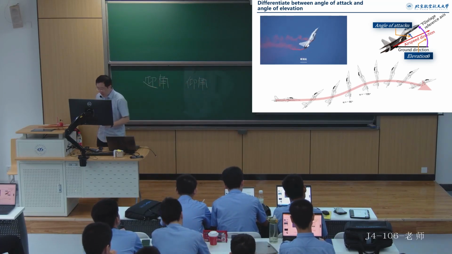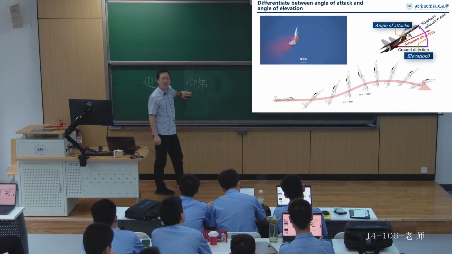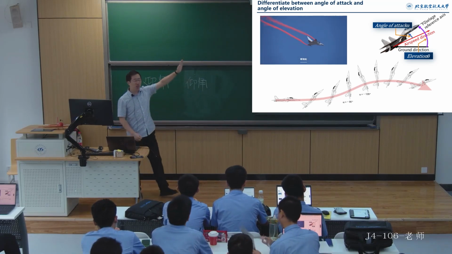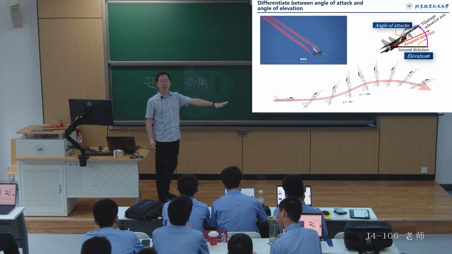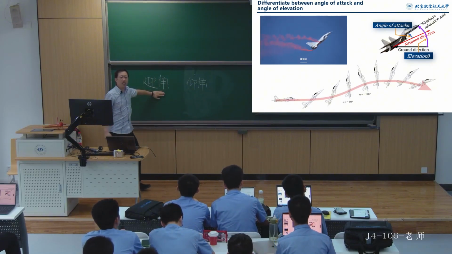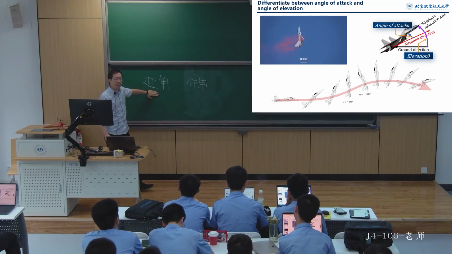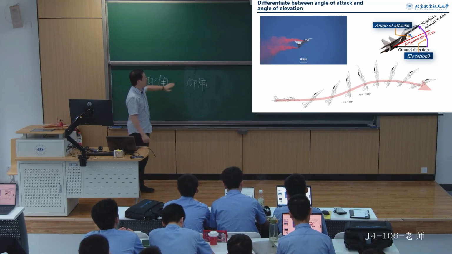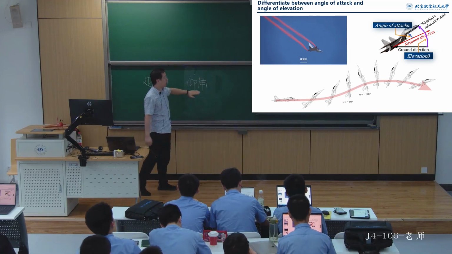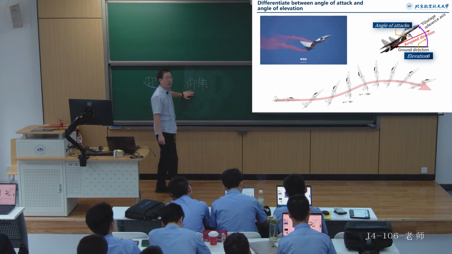If you remember the first lesson, we talked about the angle of elevation, didn't we? What does the angle of elevation refer to? It is the angle between the aircraft's axis and the ground. And what about the angle of attack? It refers to the angle between the aircraft's axis and the incoming airflow. In fact, because their references are different, the angle of attack and the angle of elevation have completely different meanings